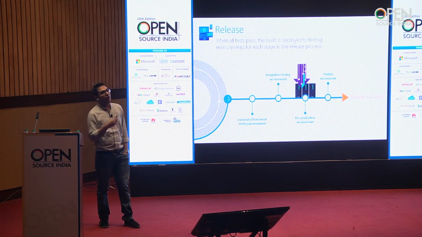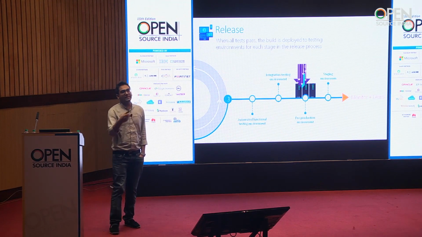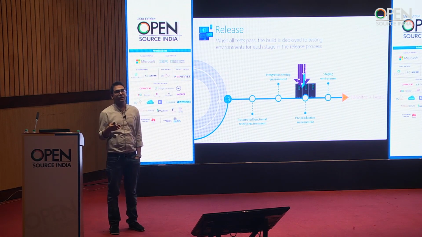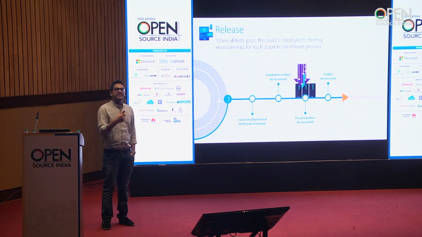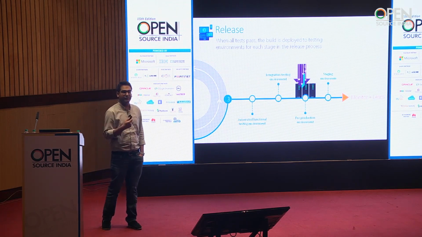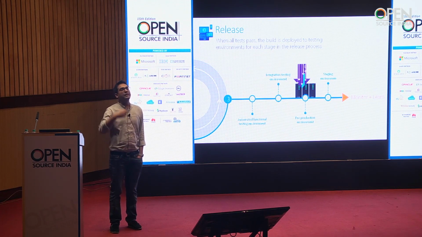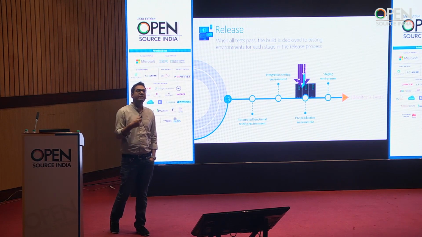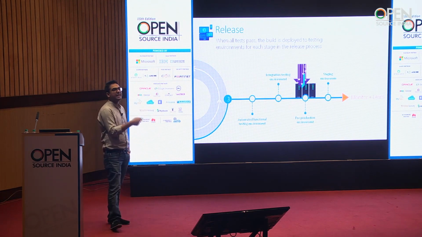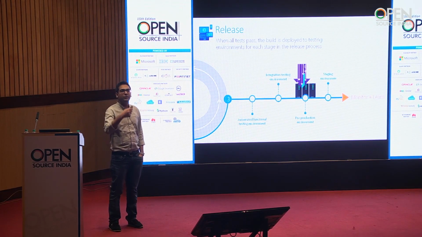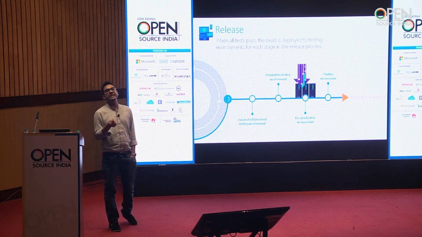We release on multiple environments, stage by stage, and each stage has a tier of customers. For example, stage 0, the first stage or staging environment, has friends of Microsoft. Stage 1 has distant friends of Microsoft, and then obviously the customer. So we roll it out in a phased manner. Because you are deploying and testing automatically as well as manually, and the customers are testing for you, you roll out the functionality piece by piece, and hence you will be able to recover in case there is any failure.